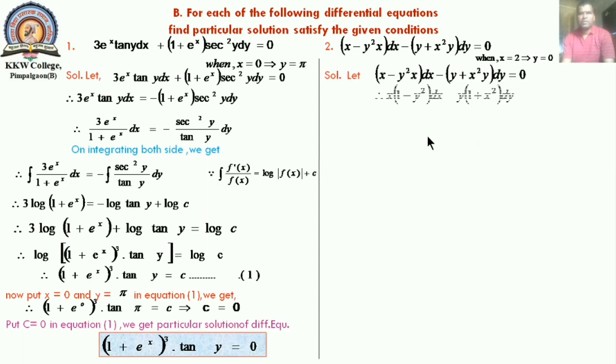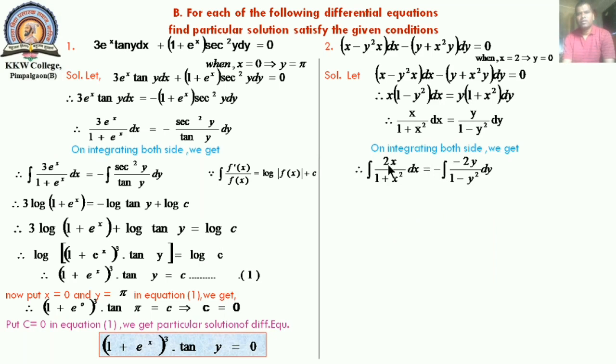Now consider the equation. For simplicity, again transfer the negative term to the right hand side, and take x common. So x into (1 minus y square) dx is equal to y into (1 plus x square) dy. Now the term of x along with dx and the term of y along with dy are separated. So variables are separated. On integrating both sides, we'll get